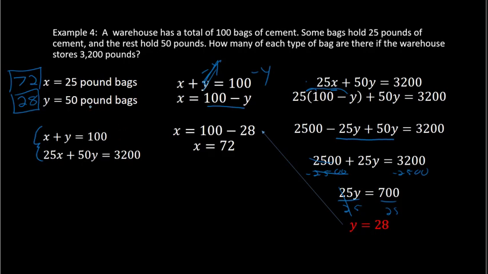We can check our answer because the total would need to equal 100, which it does. 72 plus 28 is 100. And the total weight should be 3,200. I can test that by taking 72 times 25 and adding that to the weight from the 50-pound bags, so 28 times 50. That should equal 3,200. And if you work through that, you will find that indeed we do get that total of 3,200, which means we have the correct